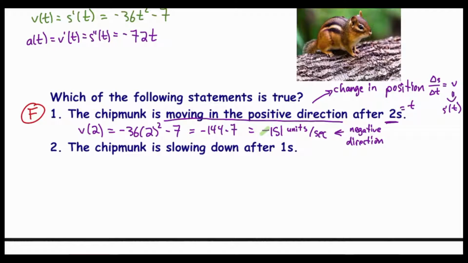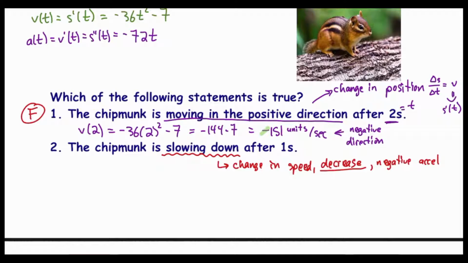Let's take a look at number 2. The chipmunk is slowing down after 1 second. Well, what does it mean when we see slowing down? That means our velocity is decreasing. That means we're going to have negative acceleration. So slowing down is a change in speed. It's a decrease in speed. So it means we want the slope of our speed graph to be negative. So that means I'm going to have negative